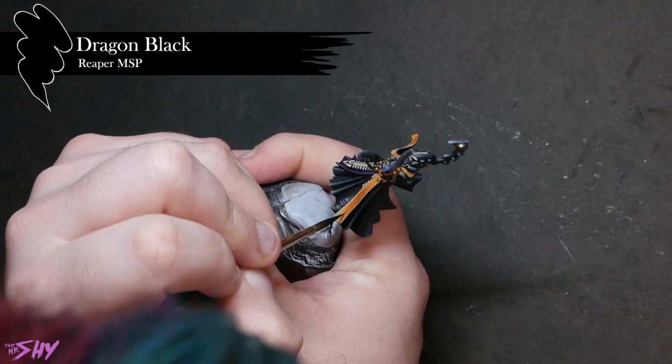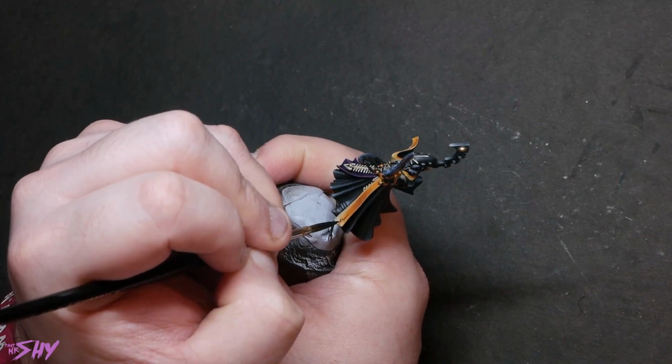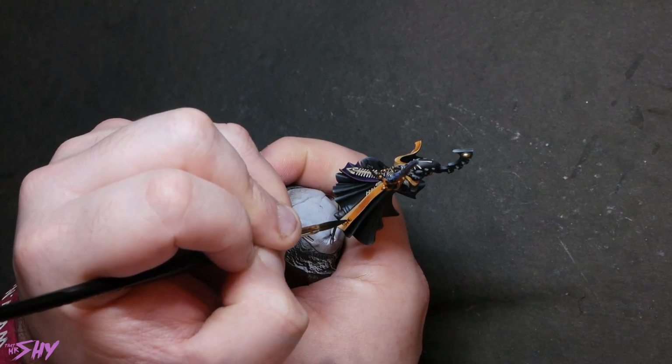Now, one of the more laborious parts, and look, I've got to be honest, it's freehand, and freehand is a separate skill, okay? Freehand is a skill that you have to develop on its own. My freehand is, I'm very good at some stuff, and I really struggle at other stuff, to be honest. Runes are one of the things I find hard, so this was a labour of love for me,